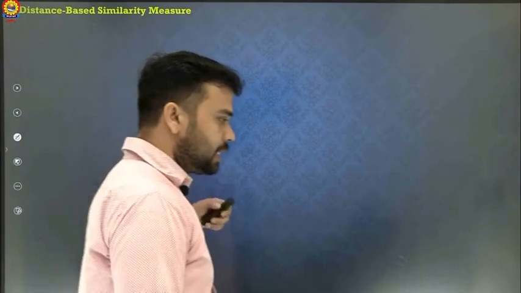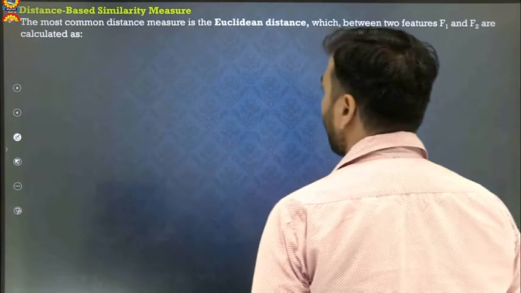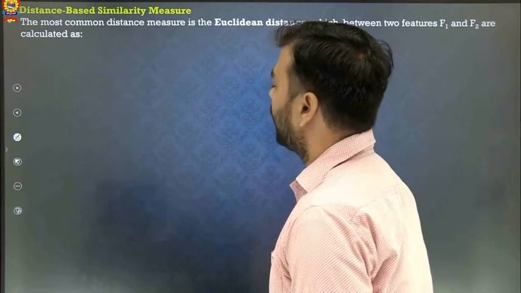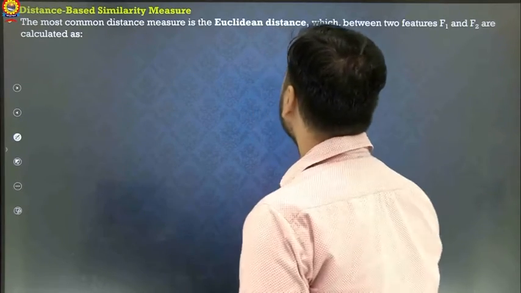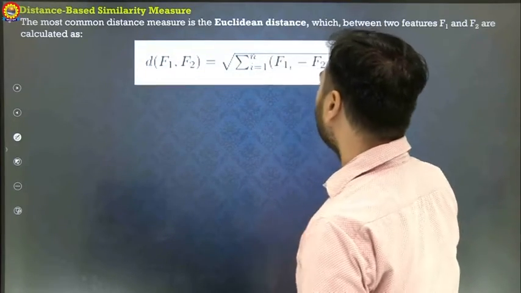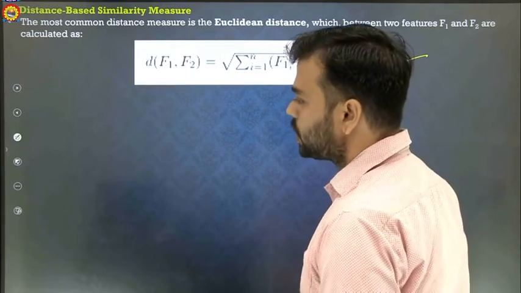Now, the second one is the distance based measure. I already told you about the Bhattacharya coefficient and entropy and many other things we use as distance measures. We also discussed this topic previously in supervised and unsupervised learning methods. The most common distance method is the Euclidean distance. Euclidean distance is also a way to calculate the similarity between two features f1 and f2. So it is the formula for Euclidean distance, and the previous one was the formula for the correlation value.